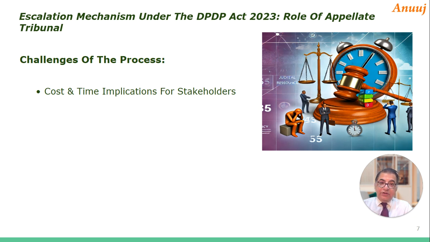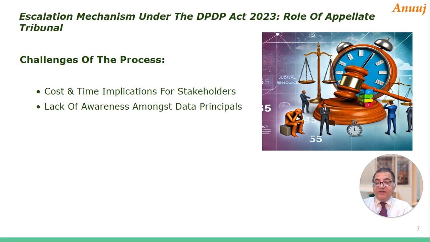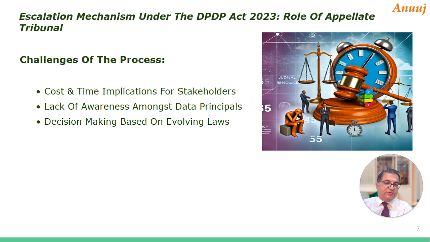The challenges of the overall process, as I mentioned, are a cost and time implication for all the stakeholders. So all three would always get involved: the fiduciary, the principal, and the board. There could be some cases where the fiduciary is filing only against the board. The principal may or may not be fully involved, but in the cases where the principal went to the board and the fiduciary is not happy with the decision, the principal may get involved. There is a lack of awareness among principals about their own data subject rights, and they might end up wasting a lot of cost in getting no good consequences in their favor. The same would happen with fiduciaries also if they are not very well equipped with proper